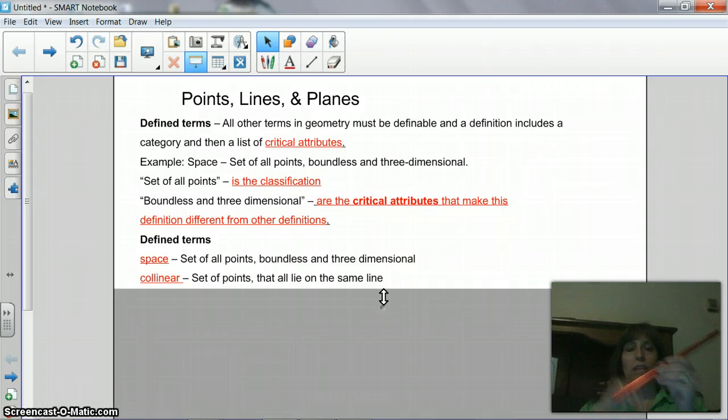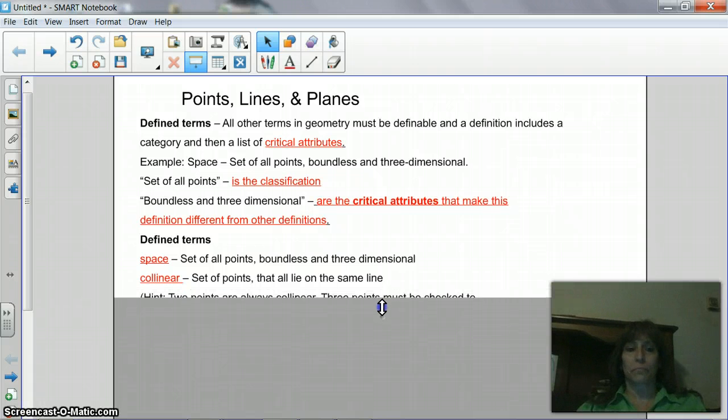So for instance, if I have this line and I have little bitty points all the way down it, they are collinear. And remember, we were talking about collinear in class, and we said that collinear is kind of like having a co-worker. You're with them. So it's kind of the same idea. All the points are together.